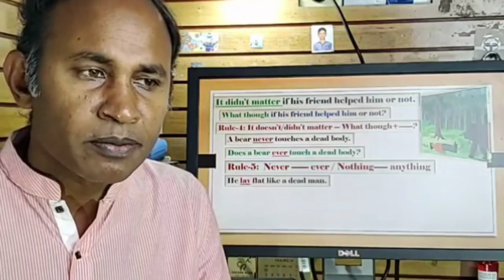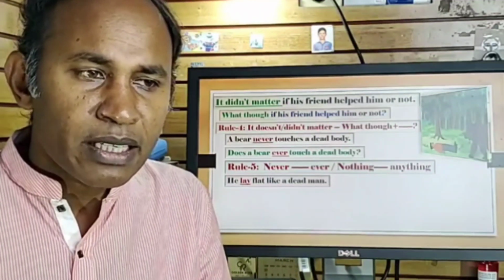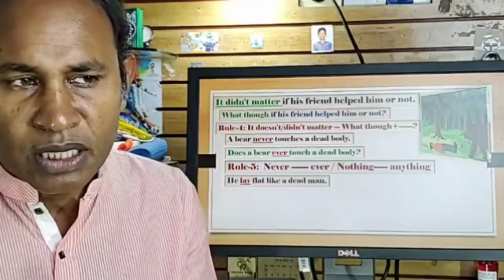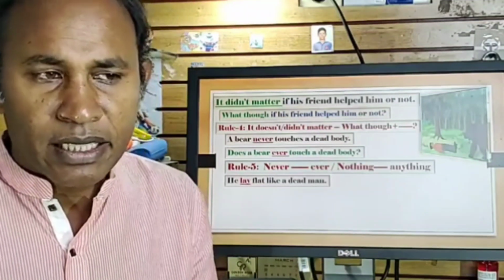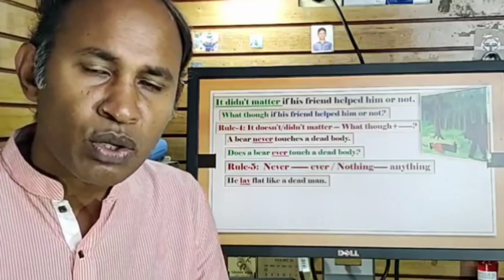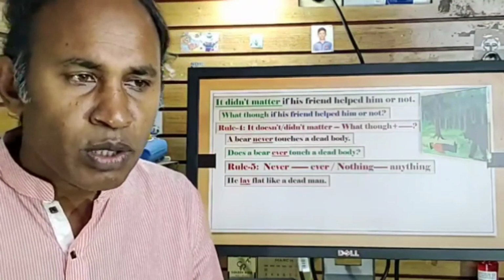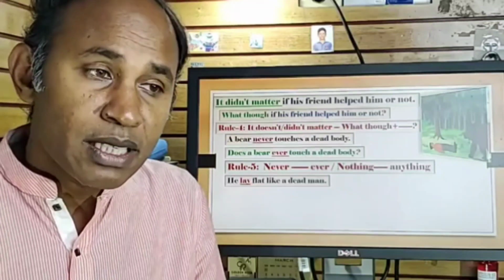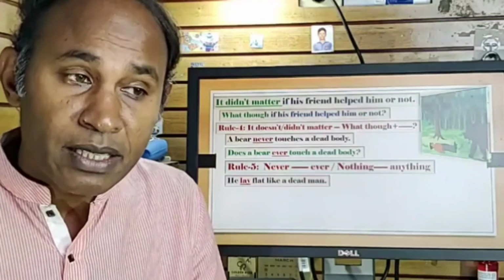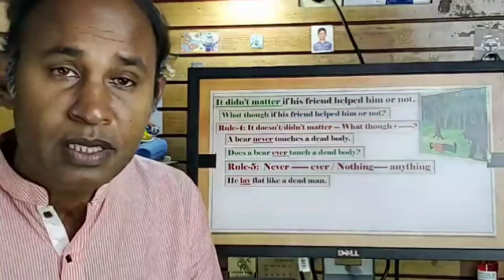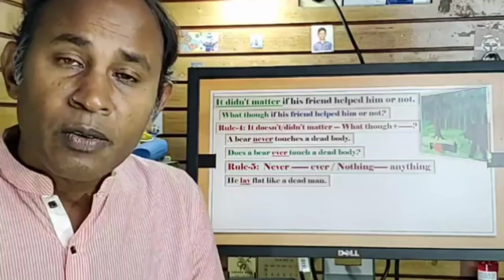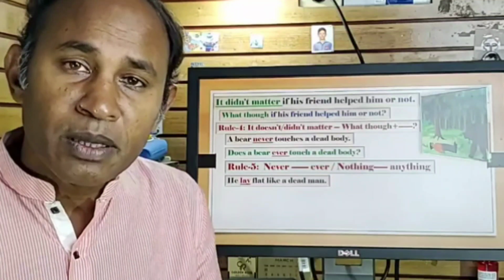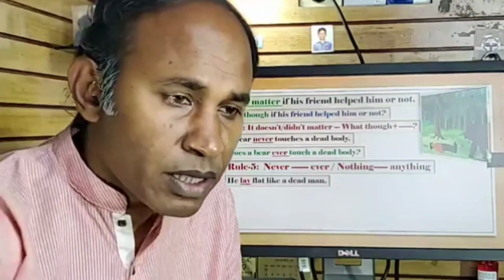about this rule. So, he lay flat like a dead man. So in this sentence দেখো আমাদের কিন্তু কোনো রুলসই পড়ছে না, এটা যে he lay মানে লাই থেকে এসেছে, লাইয়ের past tense লাই মানে শয়ন করা, he lay flat সে শুয়ে পড়লো like a dead man। So in this sentence you see that lay is in the past tense because the subject is third person singular number, yet we have not used s or es after the verb, that's why the verb is in the past tense, you can understand the verb is in the